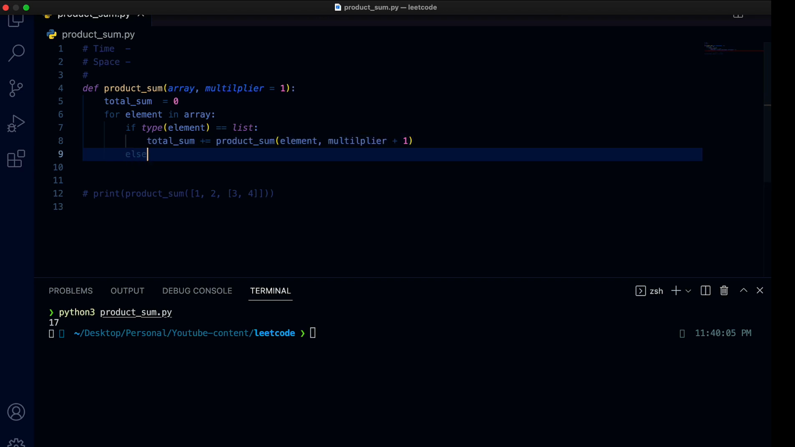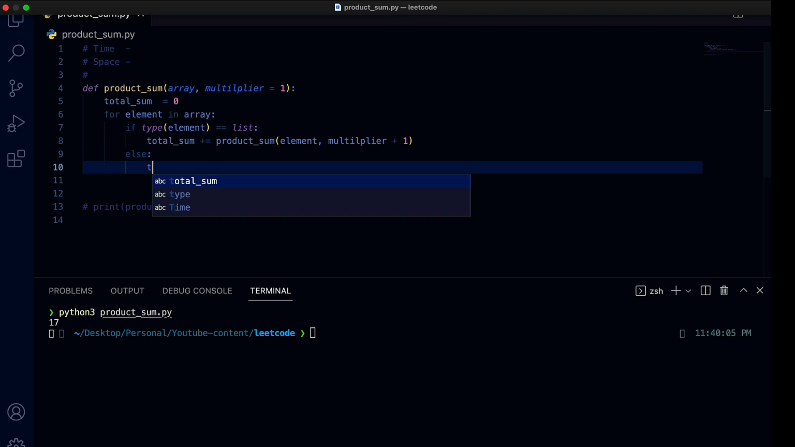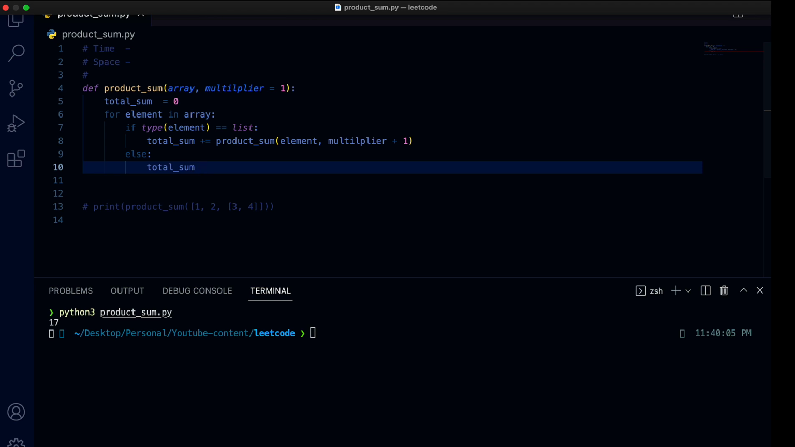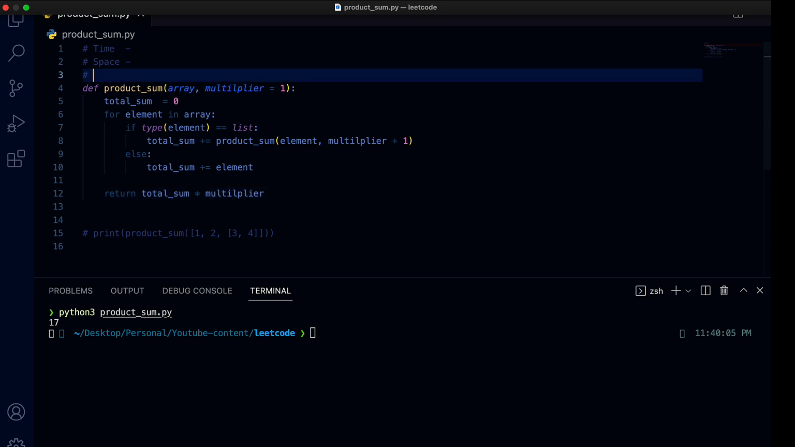Else, if we are not encountering the list, that means we are in the original depth, what we can do simply is total sum plus equals to element. And finally, once we are out of the loop, we have to multiply total sum with the multiplier, whatever that is, right? So the implementation is very simple and straightforward,